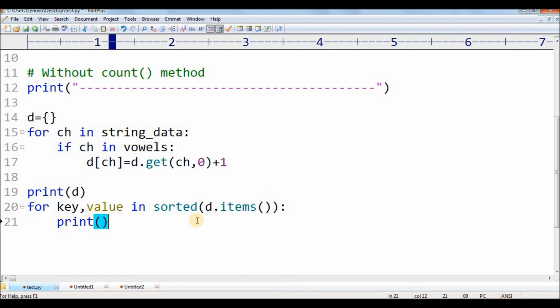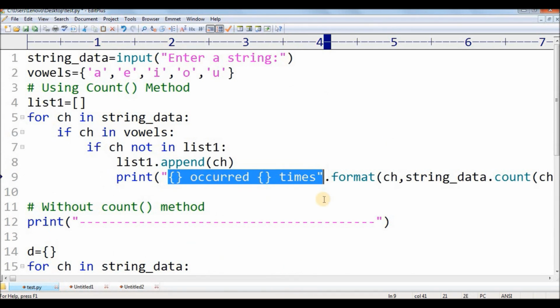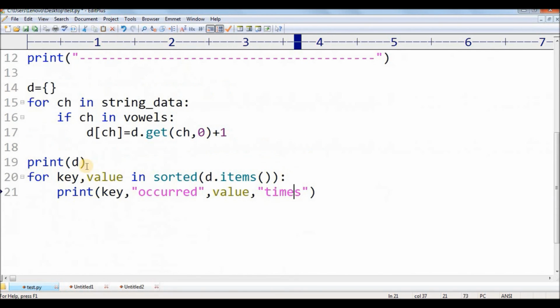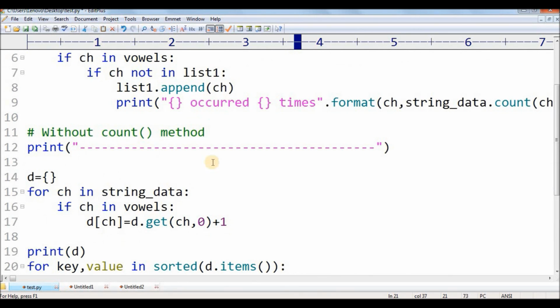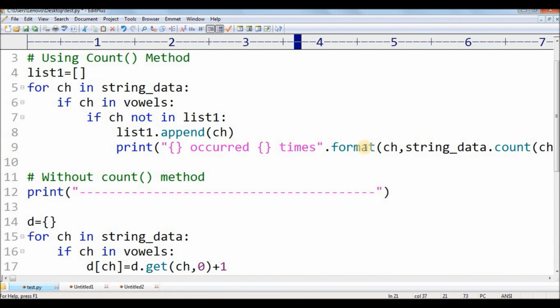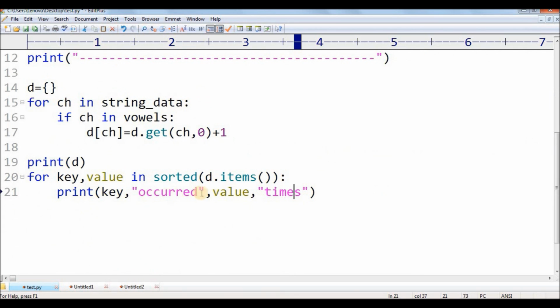Now I will print key comma occurred comma value comma times. So this is another way of using print statement. I could have used replacement operator since I have used it earlier. That is why I'm changing the format, and I'm using print in this way. You can also use the previous way by using replacement operator and the format function. So key occurred this many times, and let me save it and run it.